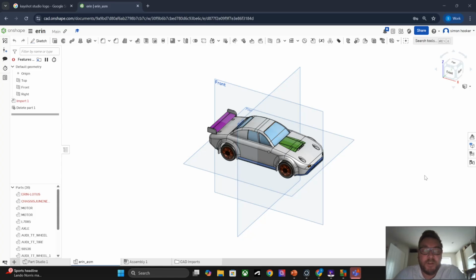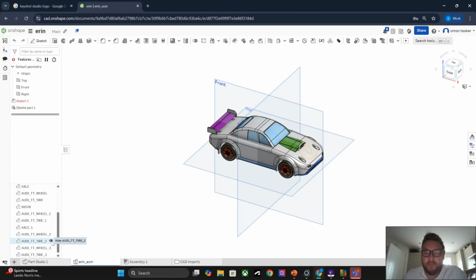Hello and welcome to this KeyShot tutorial where today we're going to take a car from Onshape into KeyShot and show you how you can render it quite simply with just a few features. We can try and keep this video short. We can look at doing some more videos about lighting and the backgrounds afterwards, but for now we're just going to keep this short and just look at how we can apply some textures and some logos to